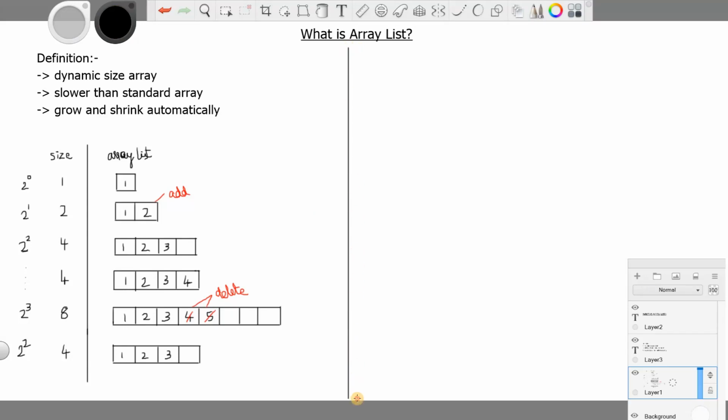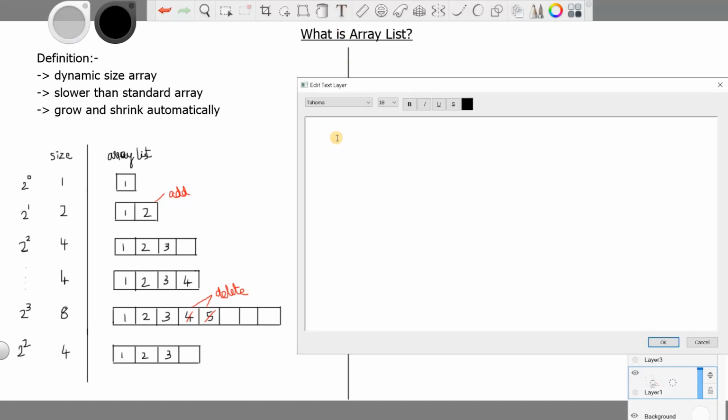Now let us see some of the advantages and disadvantages of array list. First, we will see the advantages. The first advantage is it can grow and shrink dynamically. The second one is it can hold different data types.